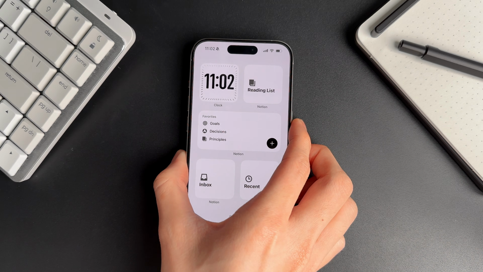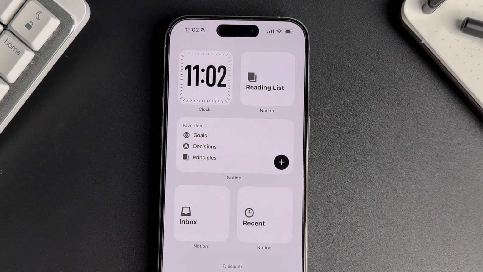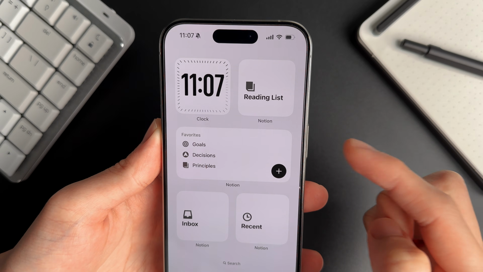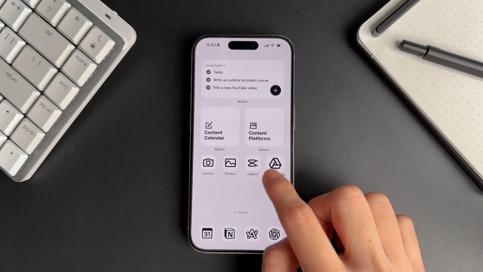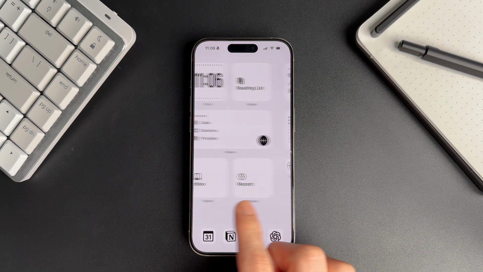Don't you want to make your phone less distracting while still looking clean? I've set up my phone to have fewer colors to make apps less tempting and customized it in a way that promotes more intentional use of my phone. If that's what you're looking for, keep watching as I walk you through how to achieve this clean and minimal